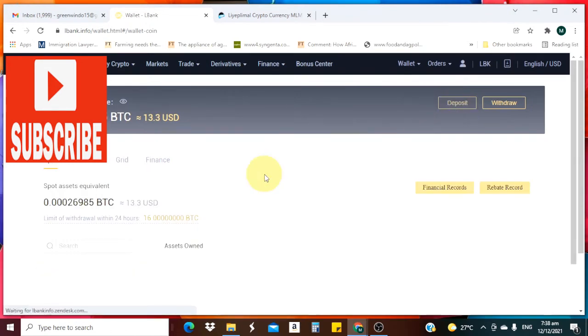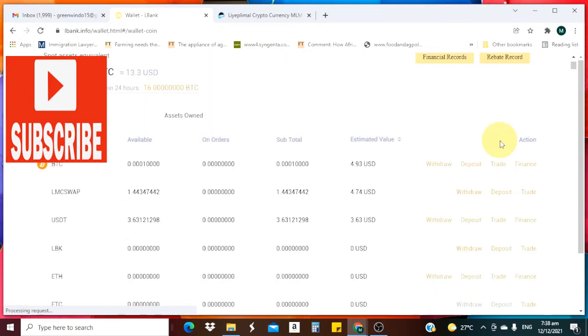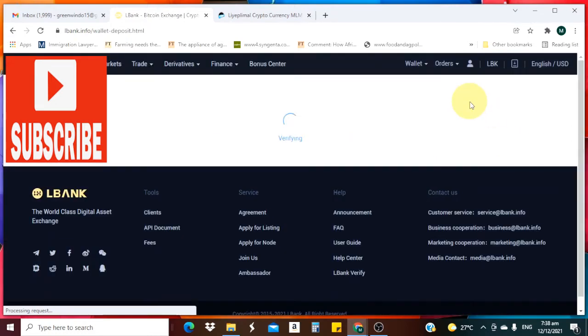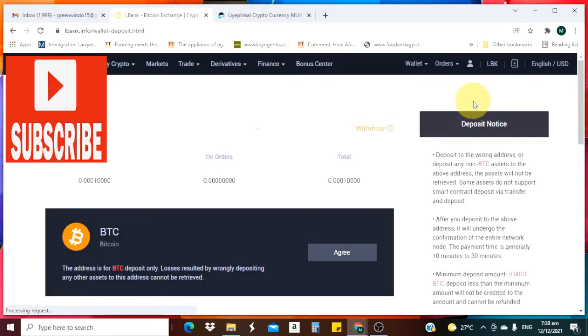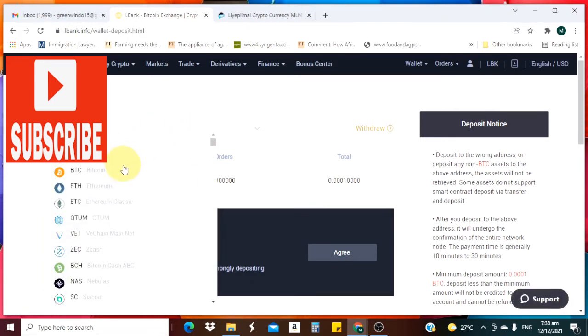Spot, we go to deposit. Here we change this one to LMC, Limo coin swap.